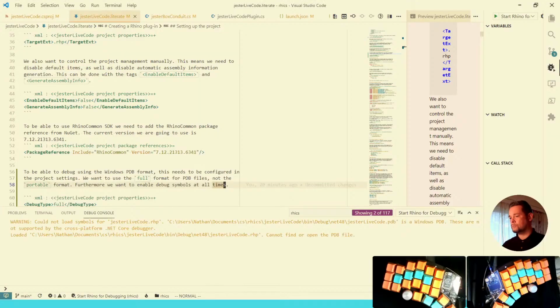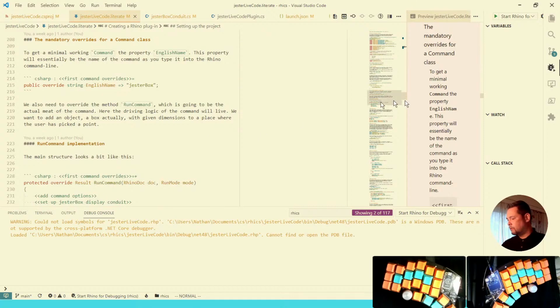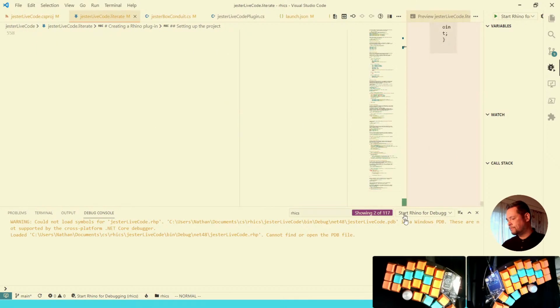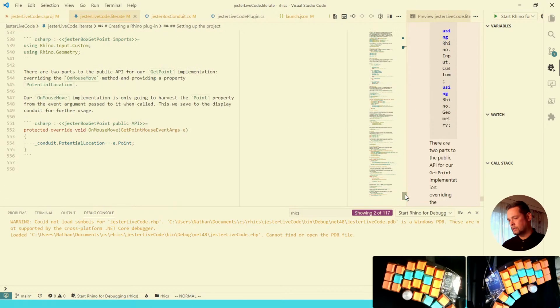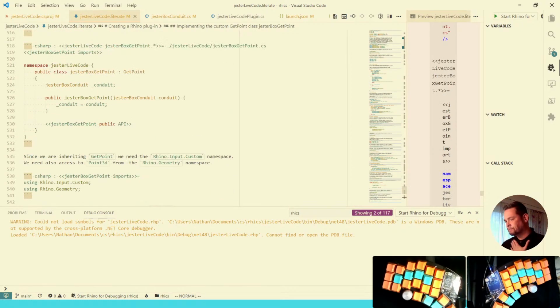So let's go to our, here at the very end of our document, or no, maybe not at the end of the document. So well, let's just first do the